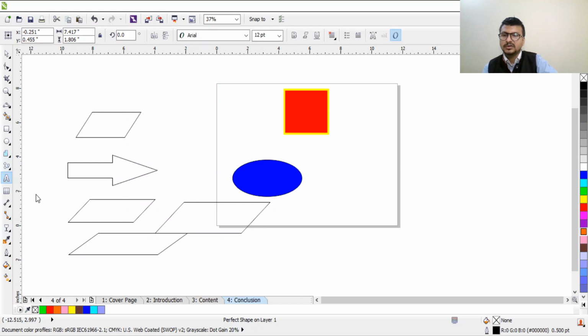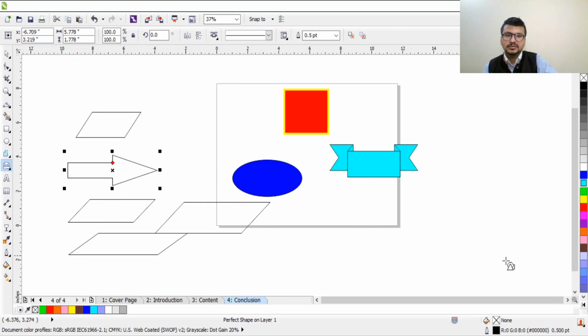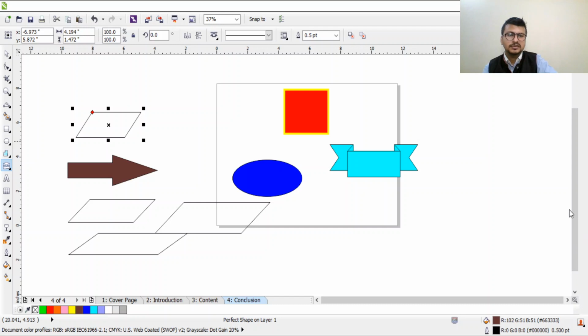Another one is the callout banner. In this banner, you can fill the colors inside, whatever you need. There are a lot of colors. If the color which we want is not visible, we can create those colors also.